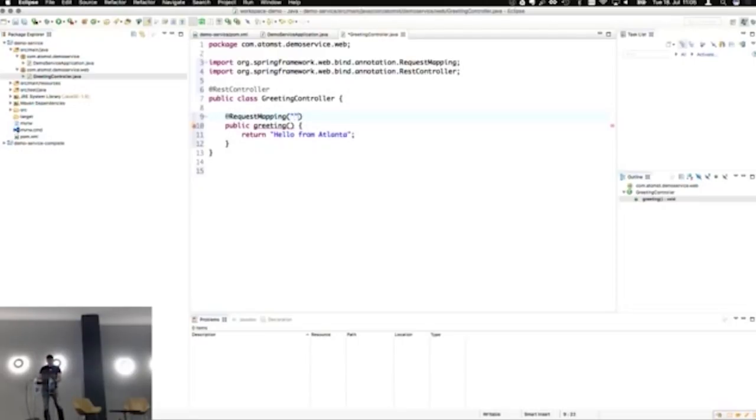So I'm just going to do greeting, and I also probably want to hand over some parameters to this method. So who should I greet? So let's say, who should be the person I should send a greeting to? So we're missing a return type here.